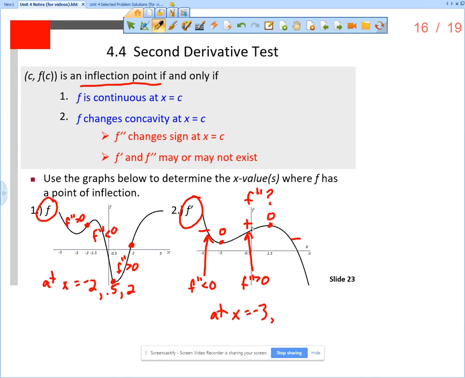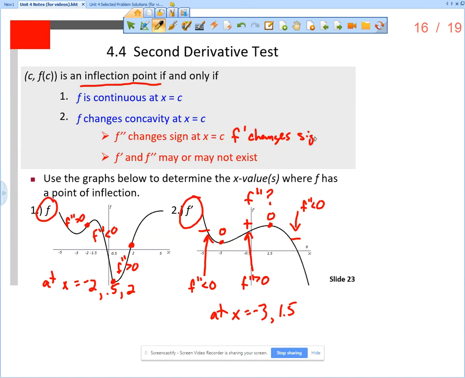Then f double prime is positive, and then over here, f double prime is negative. Therefore, it must have changed at 1.5. So remember, f double prime is the slope of the graph of f prime. It's the derivative of the graph of f prime. So it's important that we remember that when we say a point of inflection occurs when f double prime changes signs, what else does that mean? That means that f prime changes